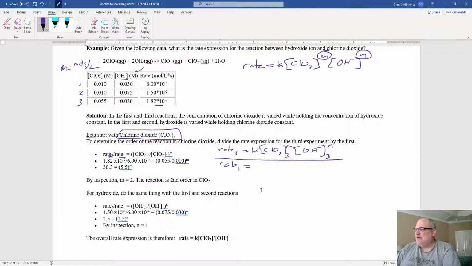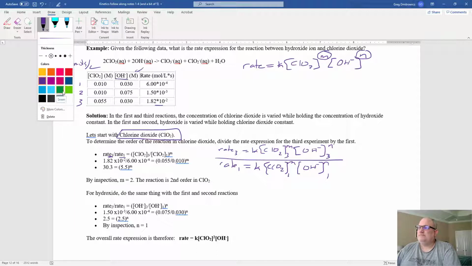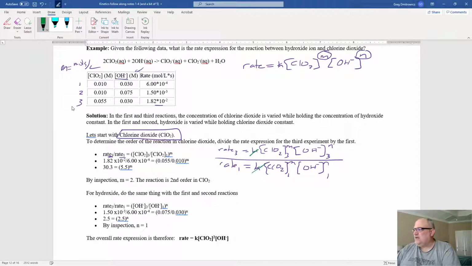Rate 1 would be, again, equal to K, but this time it'd be ClO2, still raised to the M, but this time it'd be the first run, and this would be OH minus raised to the N, but it'd be the first run. And what cancels out? Well, the K cancels out, and these entire OH minus expressions right here, they cancel out,